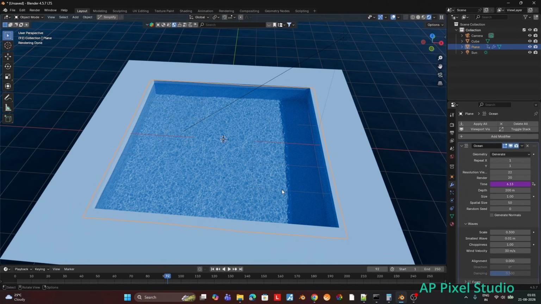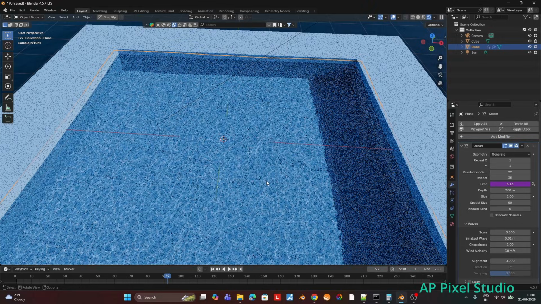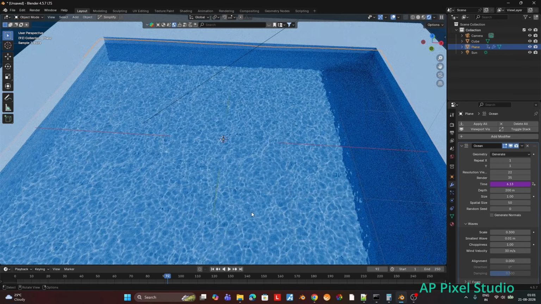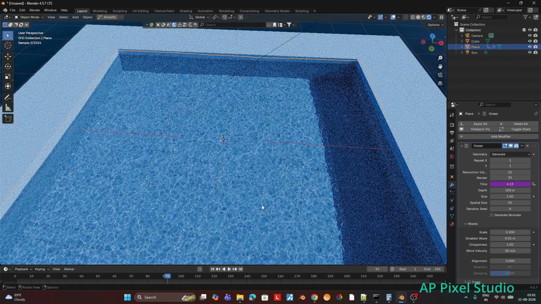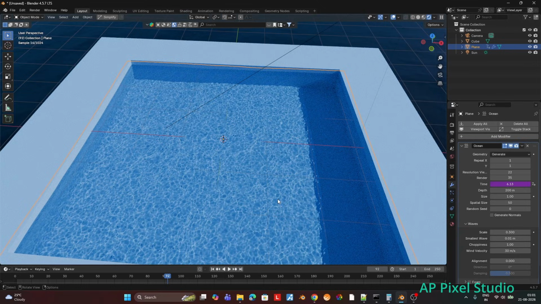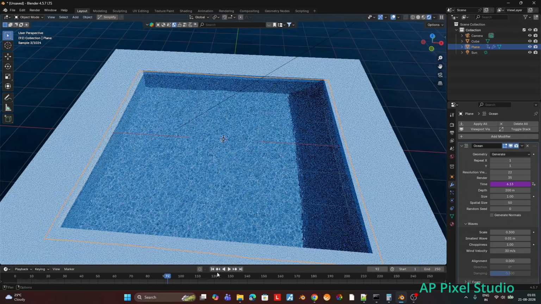Similarly, if you increase the render to 25 or 30 or 35, it creates the caustic effect. The size of the caustics also depends on the render resolution, because as the resolution is high, it will create more caustics and they may look smaller.